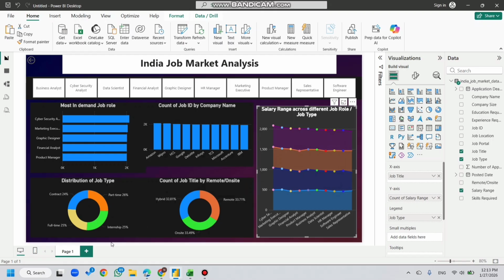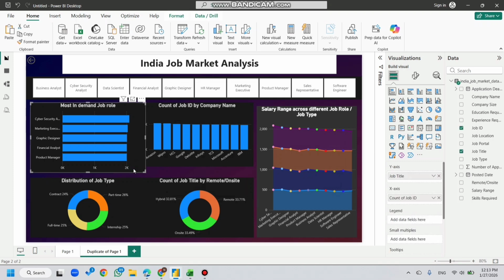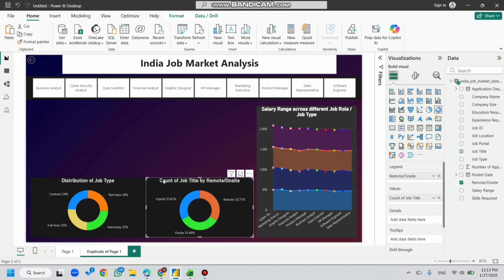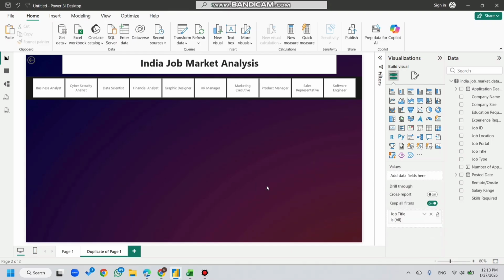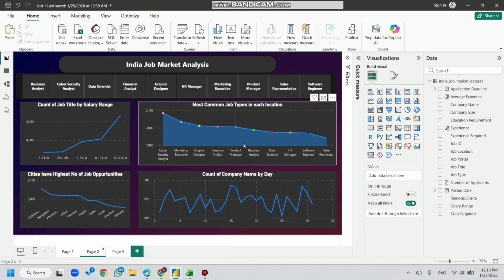On the other hand, I am going to create a second page. I just click on page number one, right click, and do a duplicate. From this, I am eliminating all the charts by selecting them and pressing the delete button on the keyboard. This is the new chart I am going to build, and it looks like this,